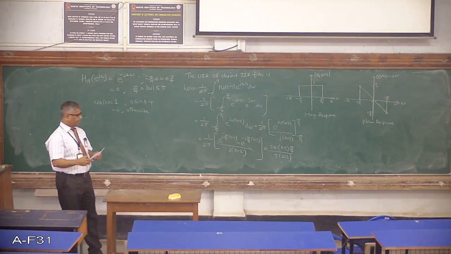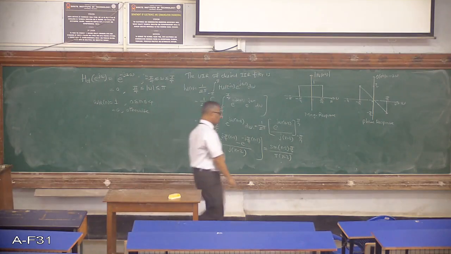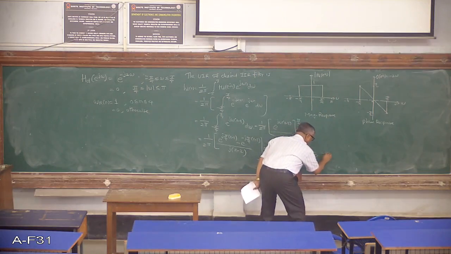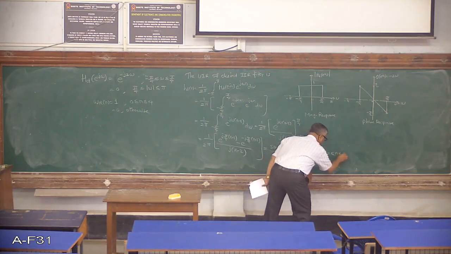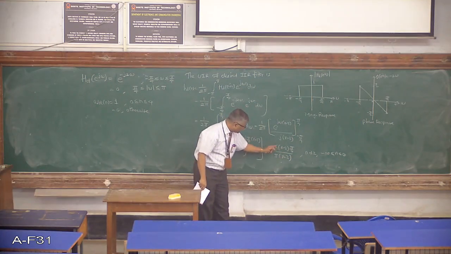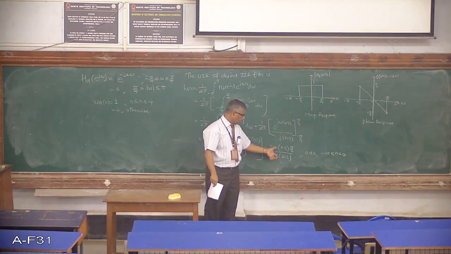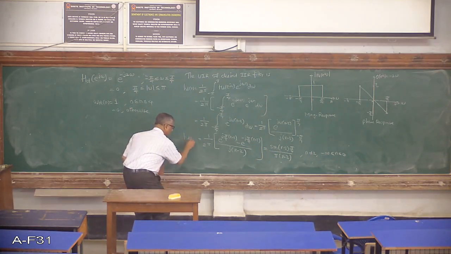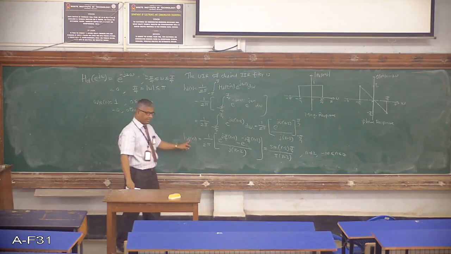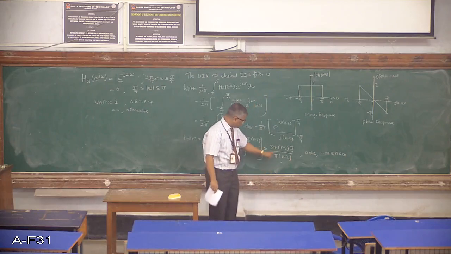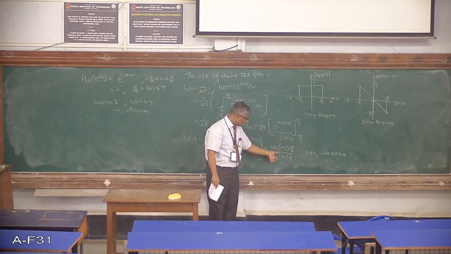Sine (n minus 2) pi by 4 divided by pi (n minus 2). Remember, this impulse response is for n not equal to 2, with n varying from minus infinity to plus infinity. Why am I writing this case? Because if I put n equal to 2, you get sine 0 by 0, which is not defined. So this is the expression for hd of n, and it is valid for all values of n except n equal to 2, because the moment I put n equal to 2, I get the sine 0 by 0 form, which is not defined.